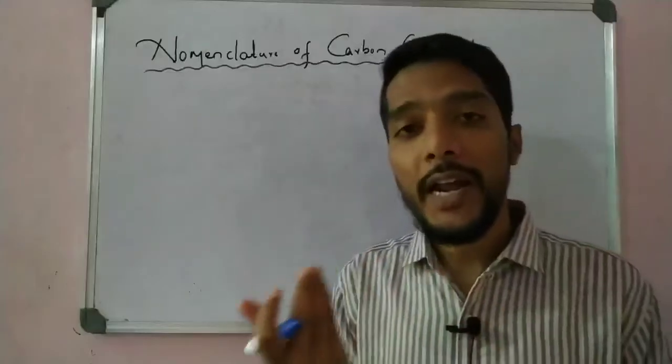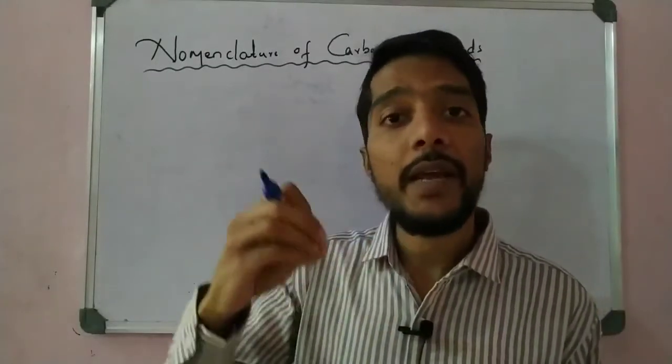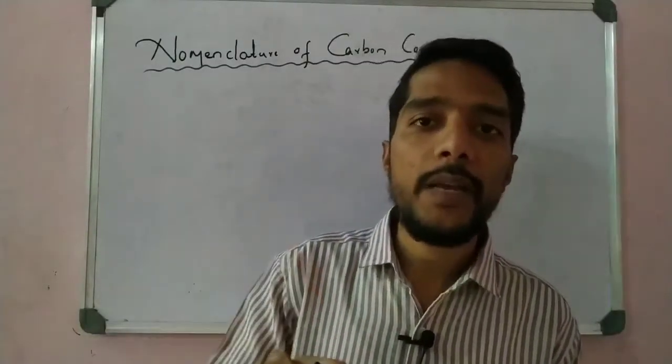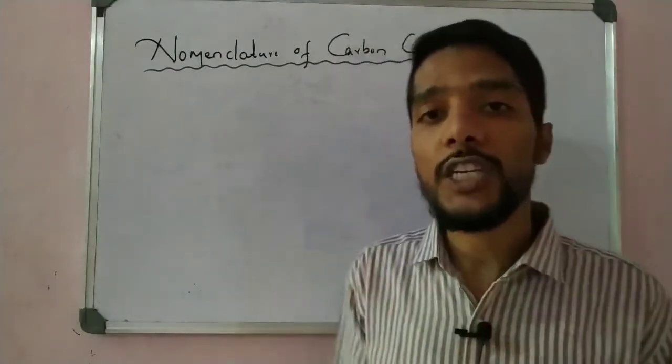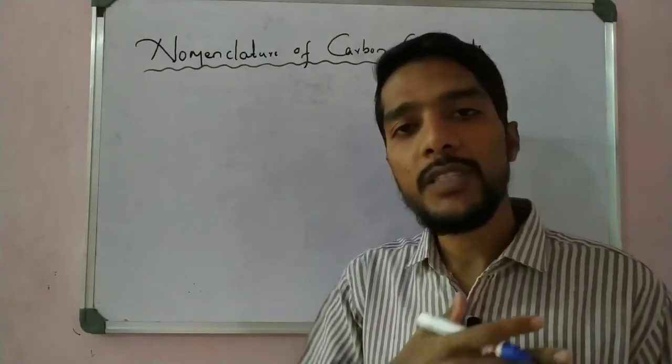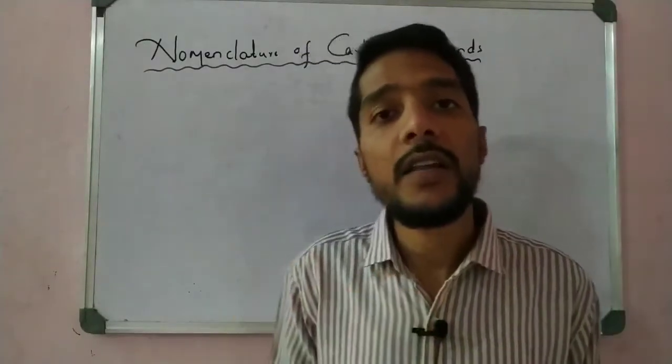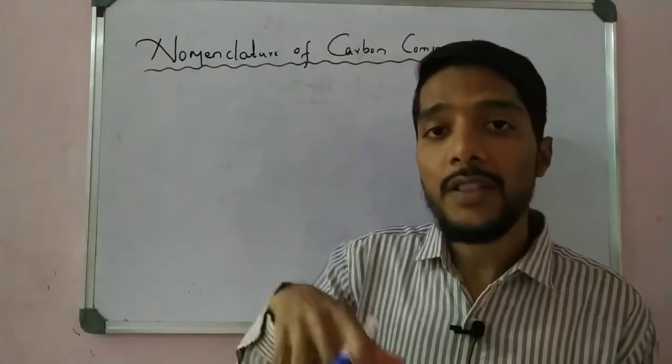So we can remove one hydrogen, and in the place of the hydrogen we can put a heteroatom, maybe Cl, maybe Br, maybe alcohol, maybe ketone. In that condition the name is changed. The chemical property changes, so the name also changes. So now let us learn how we name a compound if it has a functional group.